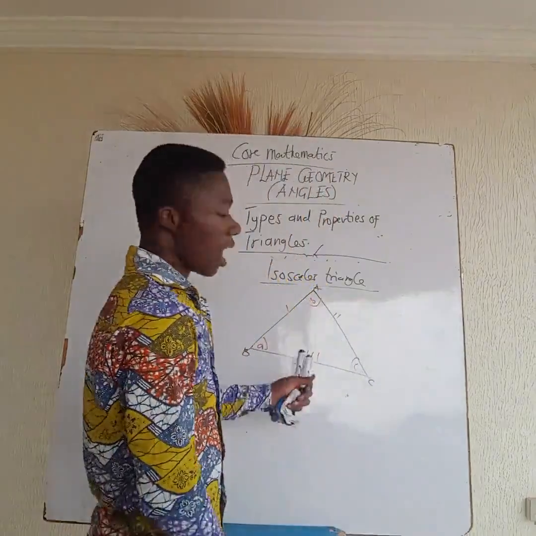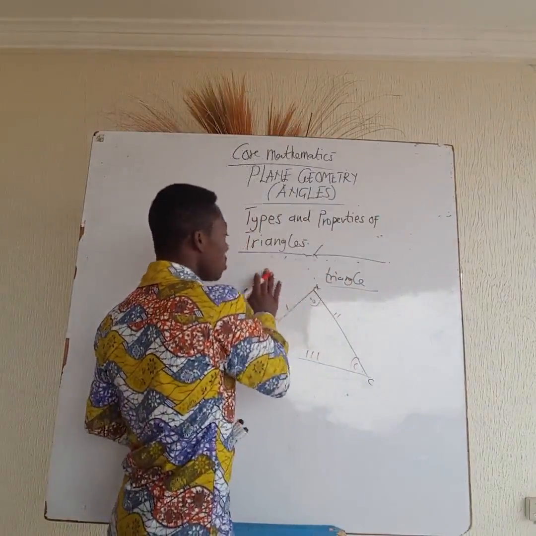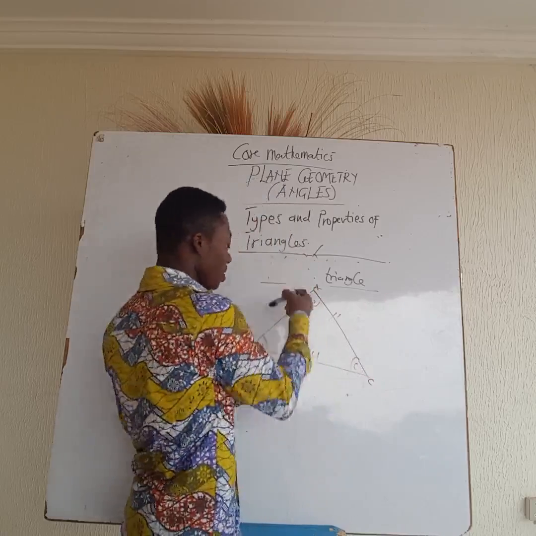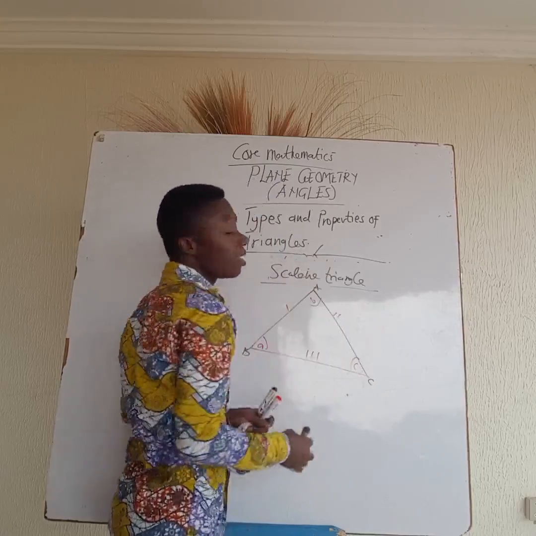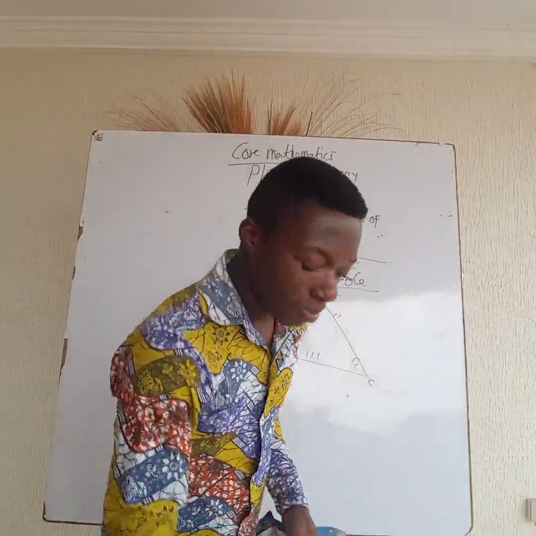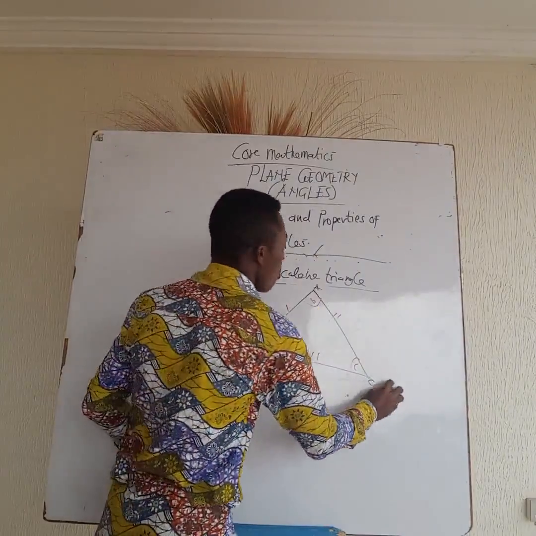So that is isosceles, scalene. Here is scalene, sorry. I was talking about scalene, so I hope you're getting it. Yes, I didn't erase it. Scalene triangle. So the last part under properties and types of triangle is what we call